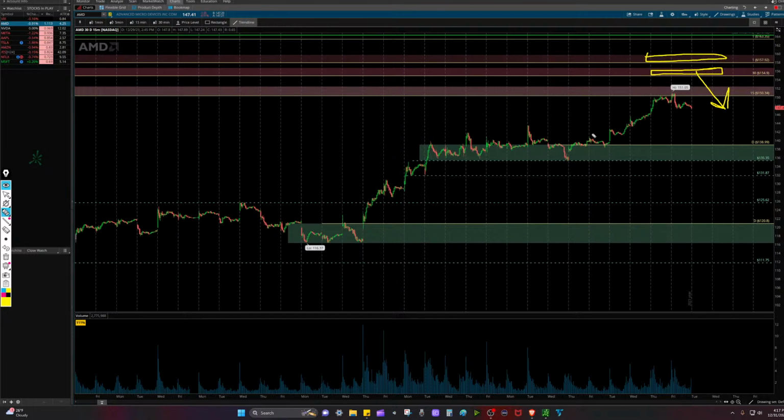For me to really trade anything right now to the downside would be this short-term area. If it goes below this or below this would be a major demand area to me,